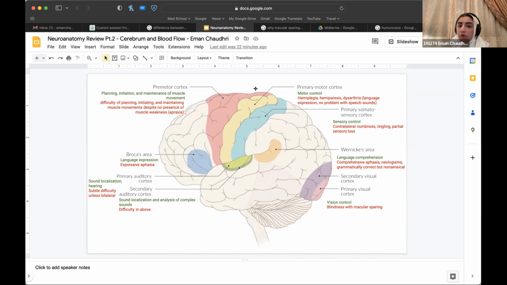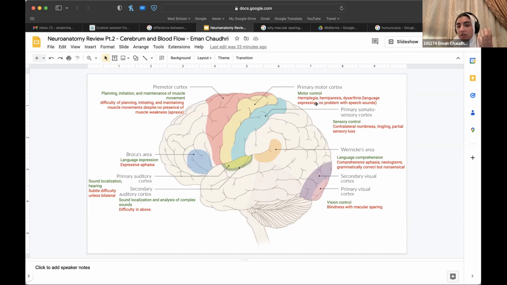But when you move to the primary motor cortex to differentiate between these two, the primary cortex is responsible for motor control. So when you don't have motor control due to ischemia or an infarct, there's going to be paralysis of that specific area, depending on where the infarct is in your cortex, if it's more medial or more lateral. As I showed you, there's a difference in what's going to be affected because you saw the homunculus. So if motor control is affected, there's going to be possible hemiplegia, hemiparesis or paralysis, dysarthria,